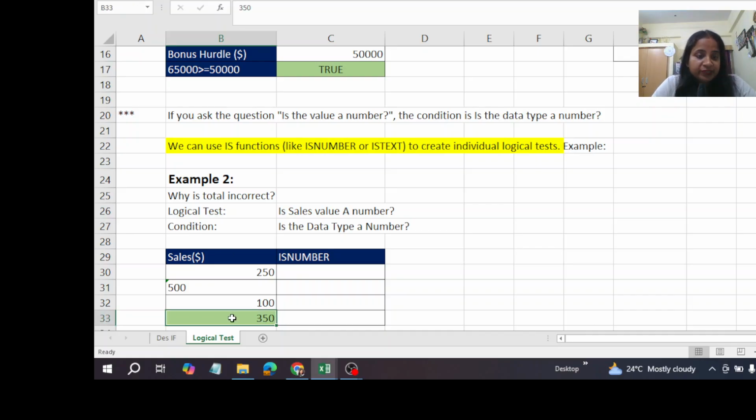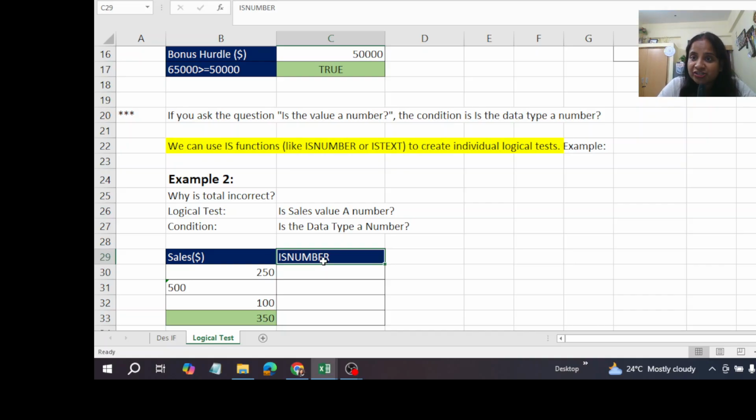See the total here: 250, 500, 100. Why is the sum here incorrect? So we will be checking it here. Is the value a number or a text? So how will we do it? We'll be using a function called